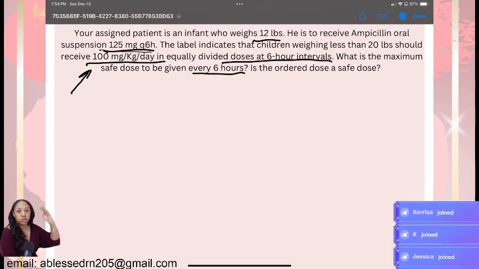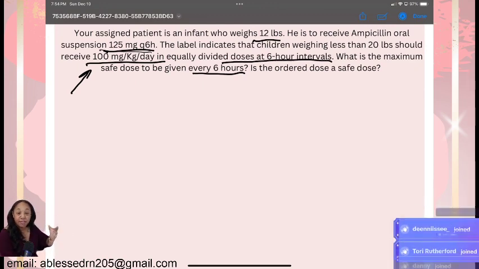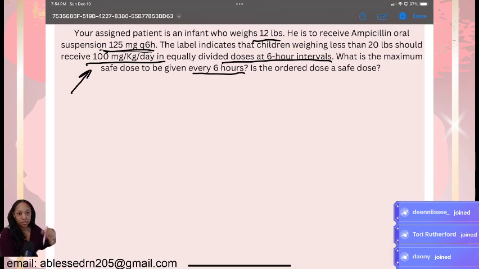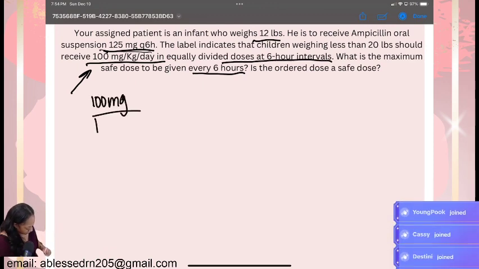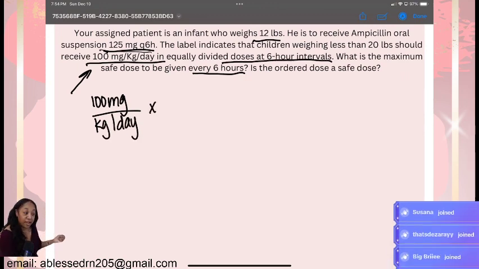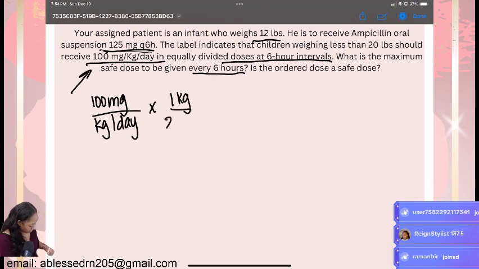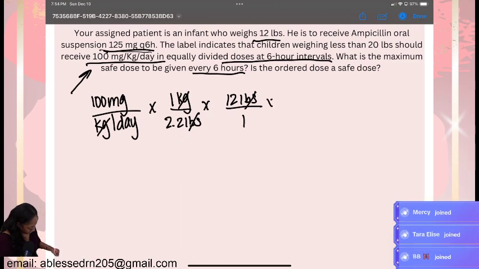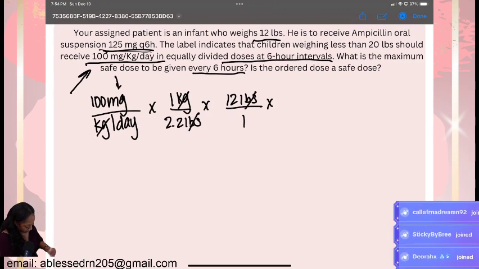All right, so we're going to take our safe dose range. That is what you police the order by. You have to be a detective, and you have to see if what the doctor has given you is okay, because your name and license is going to be on that MAR, okay? So we'll take 100 mgs per kg per day, all right? Our patient's weight is 12 pounds. We need kilograms, right? So if I got kilograms on the bottom, I know I'm going to need kilograms at the top. So 1 kg is 2.2 pounds. And then we can put our weight. So pounds is now going to cancel, okay, so look, that's milligrams per day.